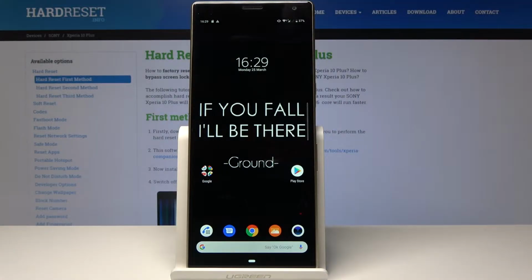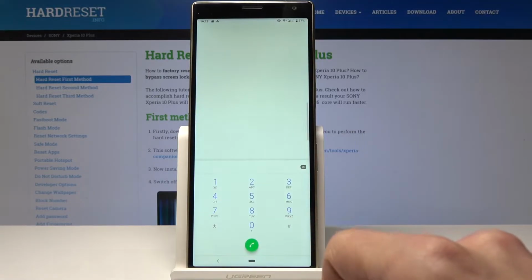Welcome. In front of me is a SONY Xperia 10 Plus, and today I will show you hidden codes. So to start off, open up the dialer app right here, and